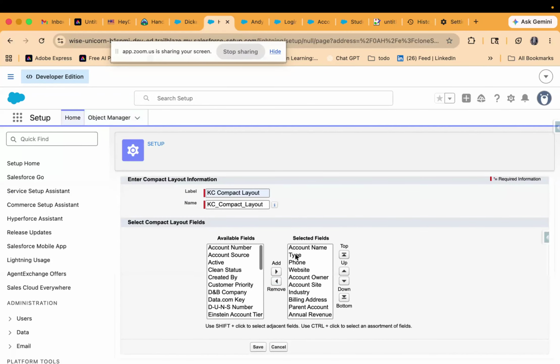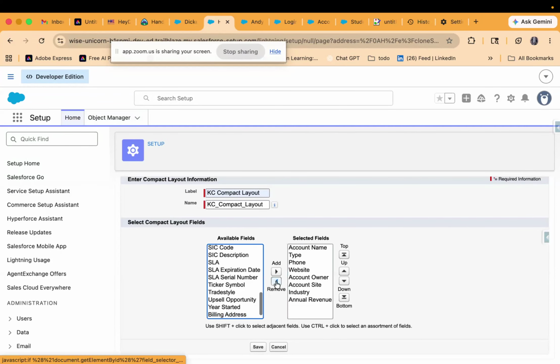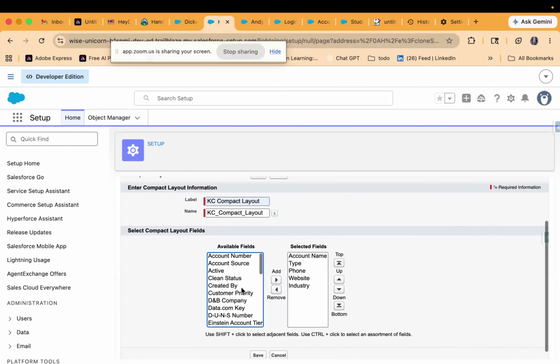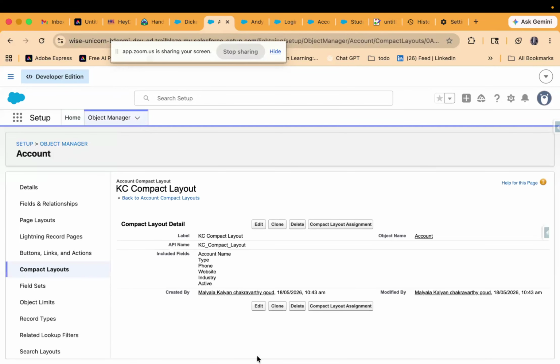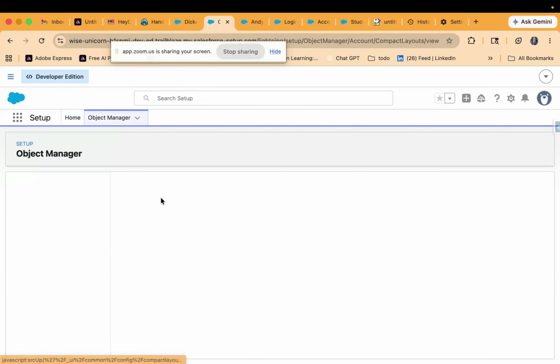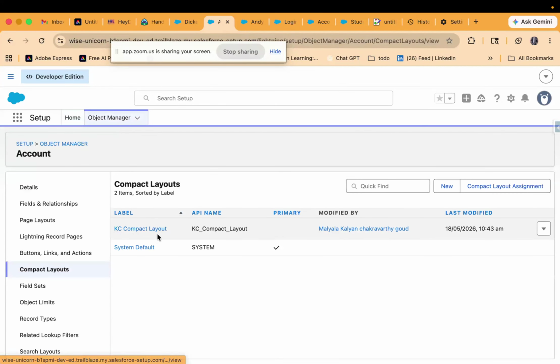See, I don't want this. So billing address, I'll remove. Parent account, I remove. Annual revenue, I remove. Account site, I remove. Account owner, I remove. But what I will do is active or not active, that I will check. That's it. Only these six fields I want to be visible in the compact layout or in the highlights panel section. So click on save. Now what we have done, we have created the compact layout, a KC compact layout that